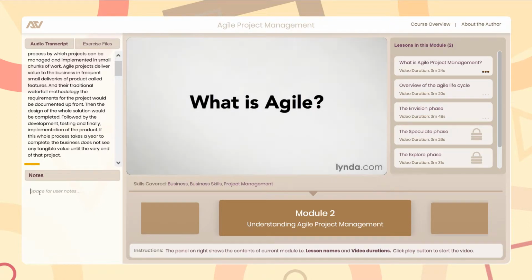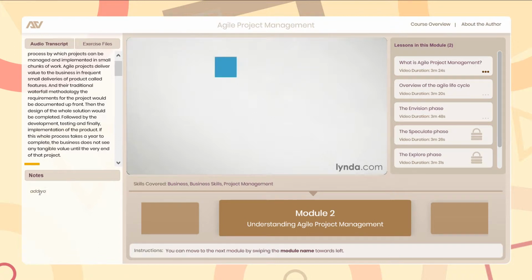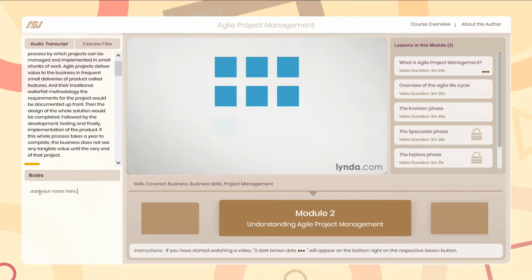Agile project management is the process by which projects can be managed and implemented in small chunks of work. Agile projects deliver value to the business in frequent small deliveries of product called features. In the traditional